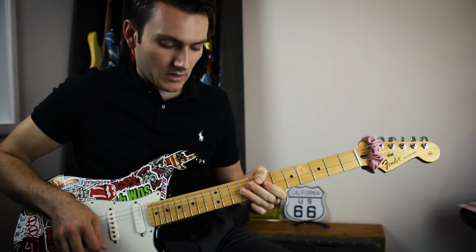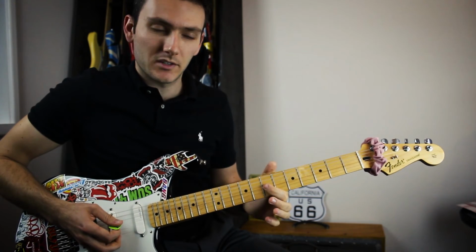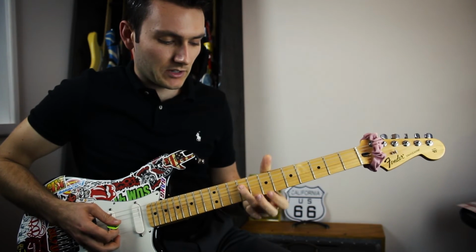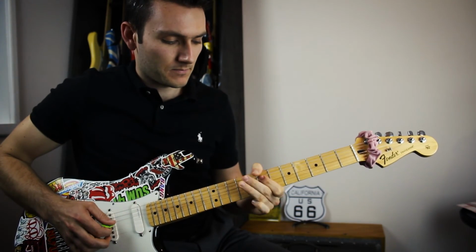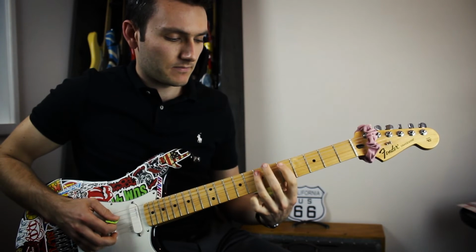to the 9th fret. So pulling off to the 7th, then hammering on from nowhere on the D string 9th fret, pulling off to the 7th. So and then we're just repeating the same pattern here